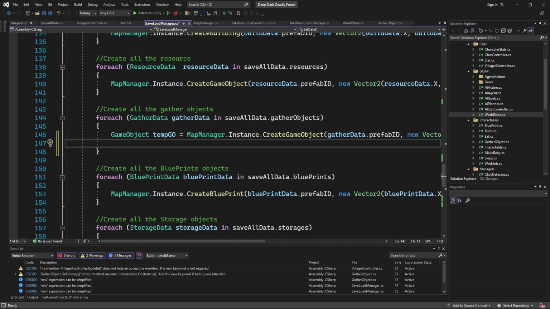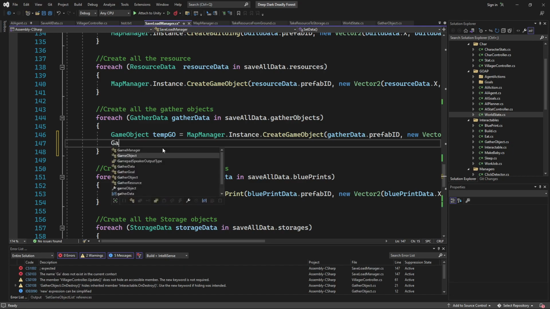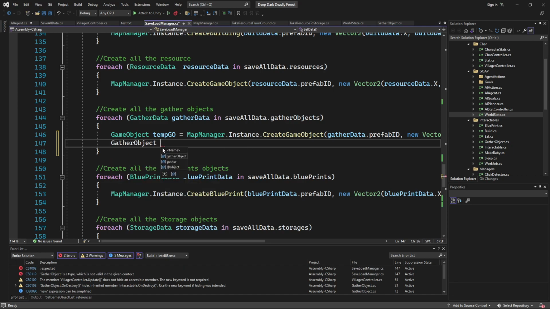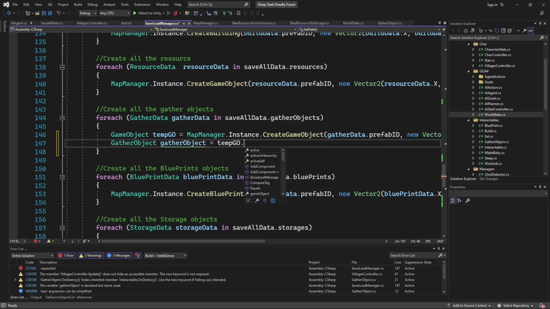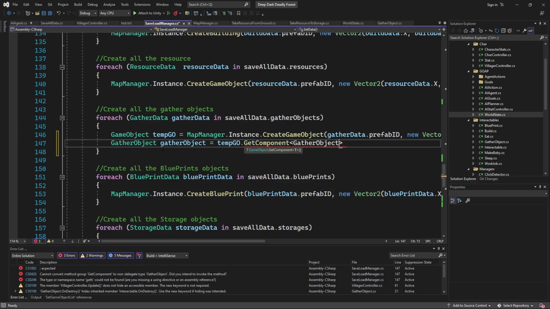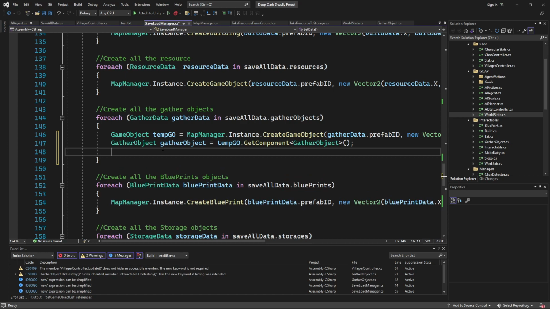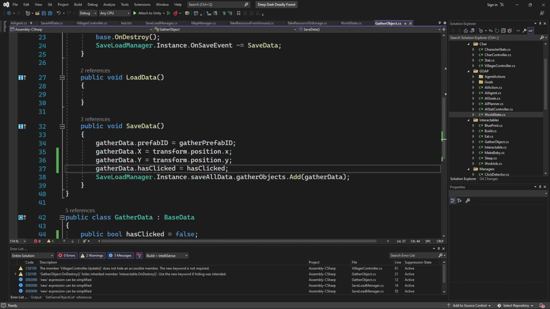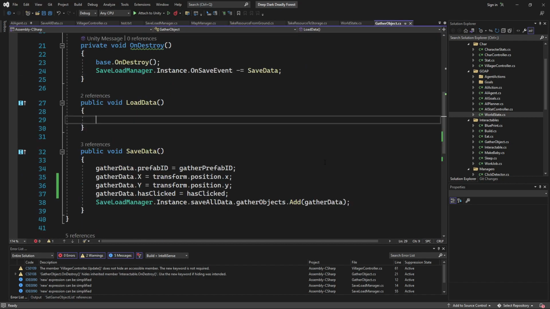And then we're going to say gather object. Gather object is equal to temp go dot get component gather object. And then we want to say as gather object dot load data. And now let me go to the gather object where we're loading it, and we're going to say has clicked is equal to